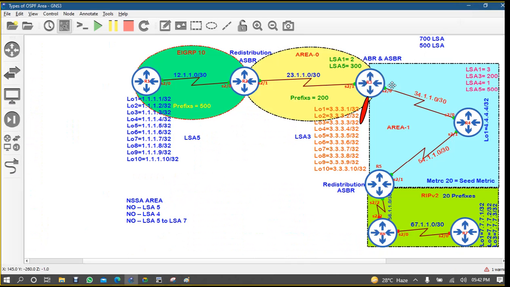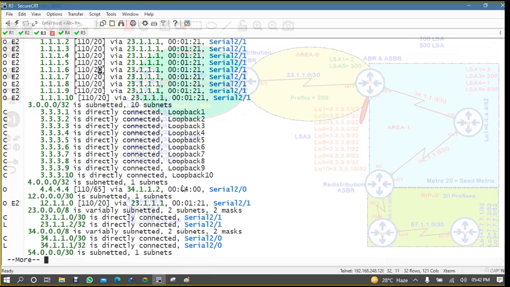Because, normally, if I tell you that the distance from my house to your house is the same, and from this place to your place is the same, it cannot be the same, right? At least some metric will be different, okay? But by default, when you do some